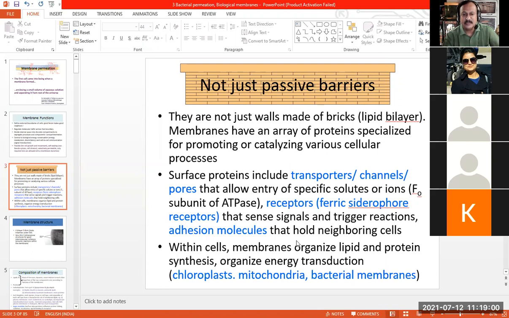Then this is the thing which we have already studied, that is the different types of energy transduction mechanisms. Chloroplast, mitochondria, or bacterial membranes take part actively in either photosynthesis, respiration, aerobic or anaerobic respiration, and they also take part in chemolithotrophy. Essentially that has something to do with the transport of electrons through the electron transport chain. And we have seen that most of the components are actually within the membrane, and therefore the membrane is the site for all these energy transduction reactions that are happening in the cell.